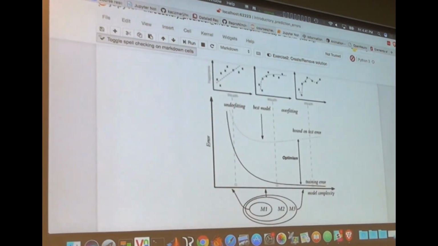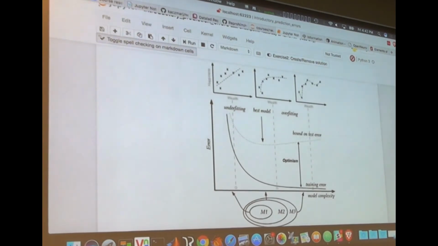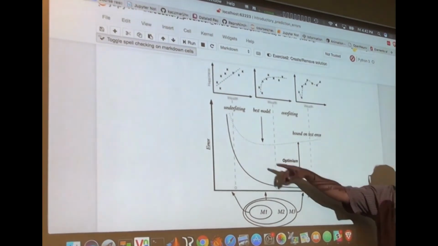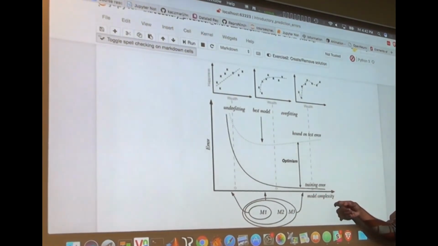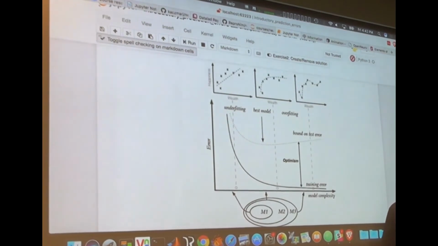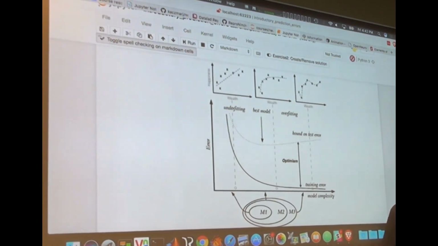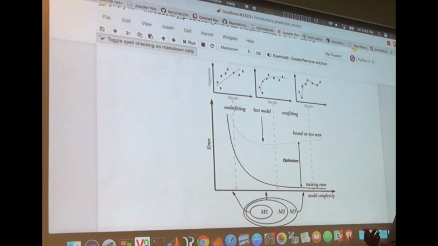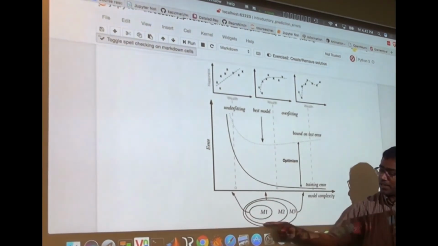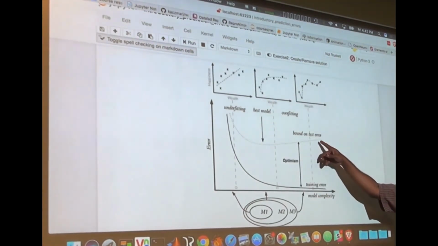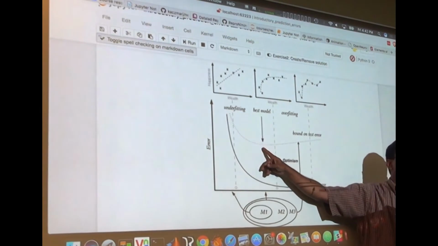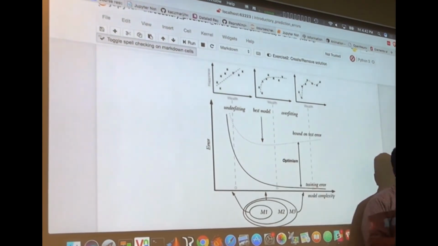I'm going to pull up this figure if it shows up. I kind of alluded to this earlier, that your training error keeps reducing as your model complexity grows. So if you have more parameters to fit, you are going to find a lower error. As model complexity is increasing, your model is getting larger as you come this way. Your test error, on the other hand, has some optimal point at which